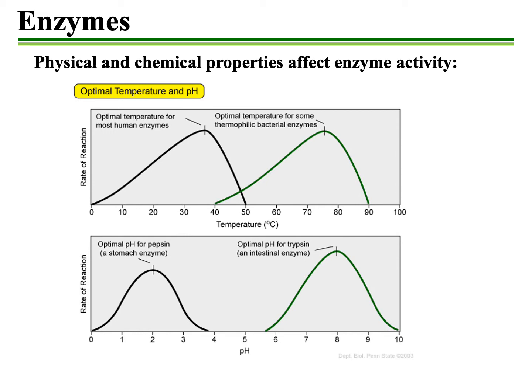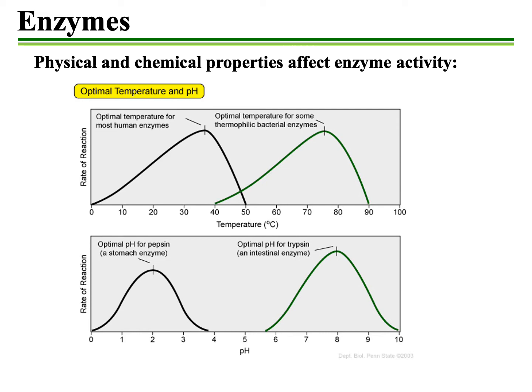So if you focus now on the bottom portion of this figure, another property that can affect enzymatic activity is pH. In this figure, again, you're looking at a range of pHs from 0 to 10 in this case, and the rate of the reaction of whatever reaction it is we're interested in along the y-axis. Here too, you have two different sets of enzymes. In this case, however, they are both enzymes that are isolated from humans. They are digestive enzymes. However, one enzyme that is shown with the black curve, known as pepsin, is found in